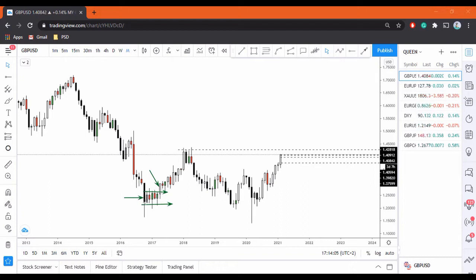But price didn't. Price made a low right here, right? And then it came back. All right, let me remove this. Price made a low right here, and then it came back to close at this level, right? And then it created a range at that level, and then the next thing you see is a big bullish candle. So this means